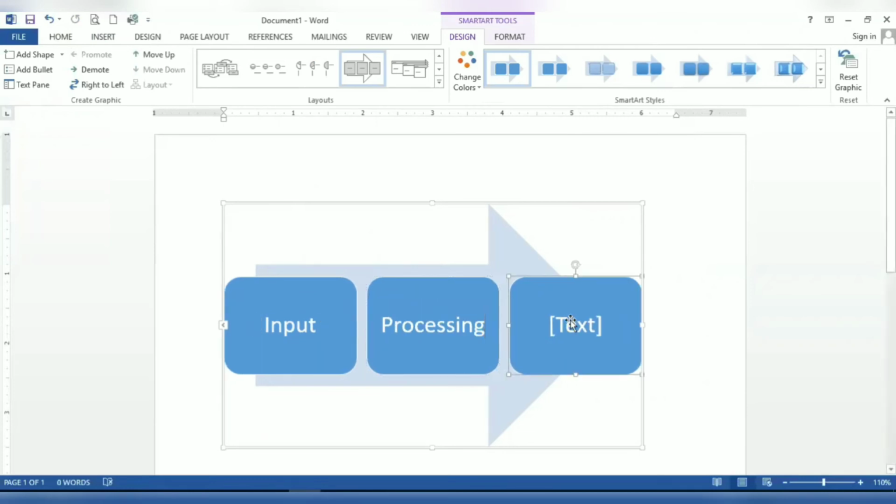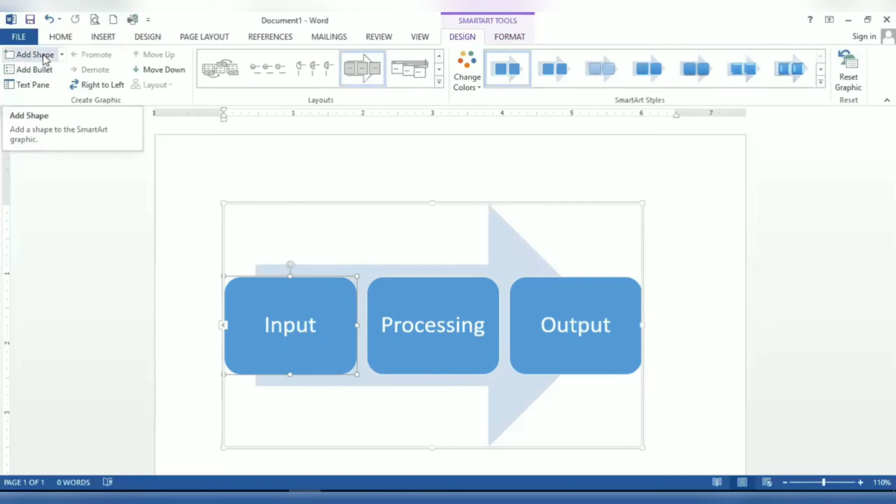This is just to help you understand how to make use of all the design and formatting tools on this particular structure. When I have added the SmartArt shape into my document, you can see two SmartArt tools are available, which are Design and Format. Let us start with the Design option. When you select any of the shapes inside your SmartArt, some options are enabled here.